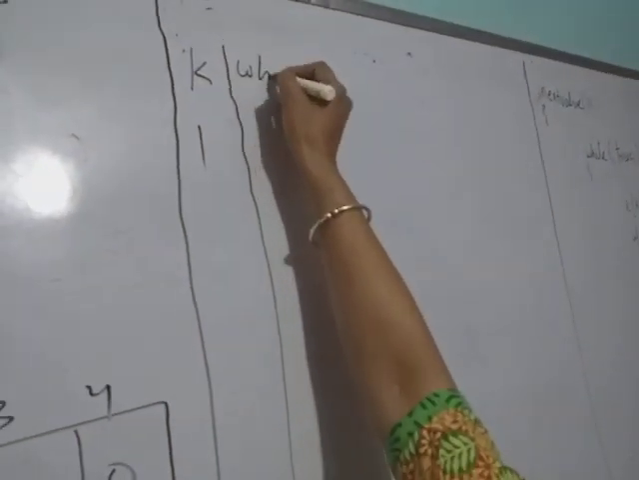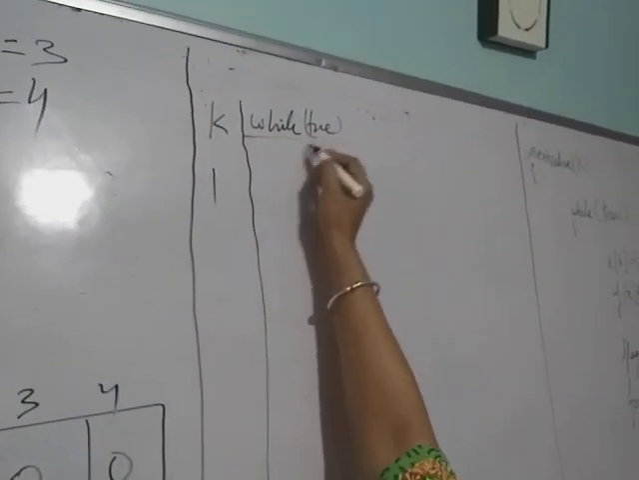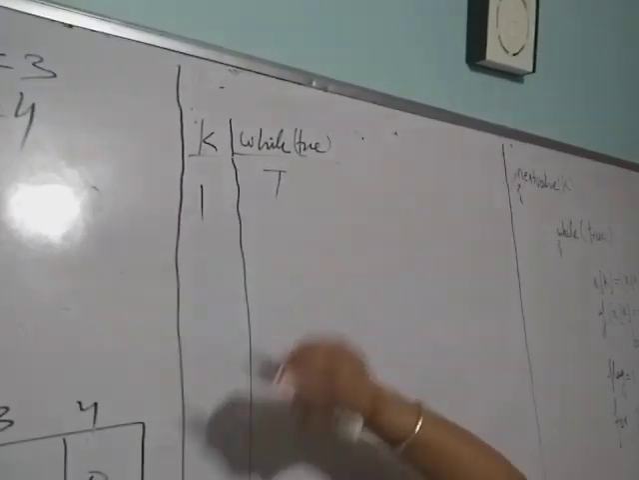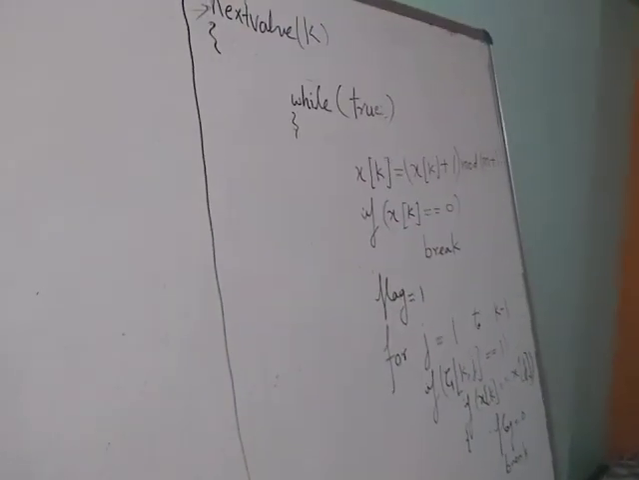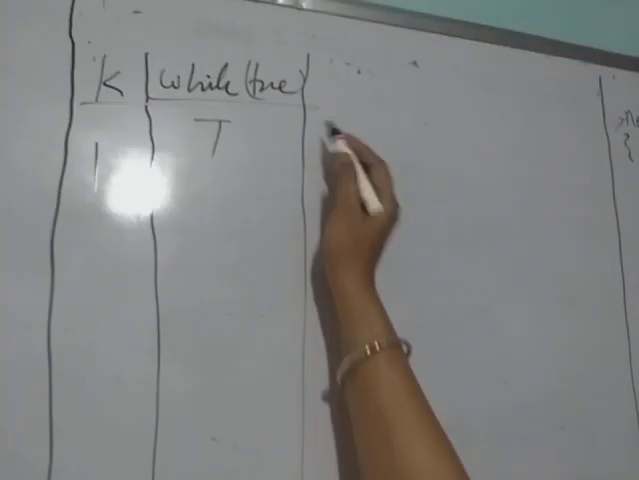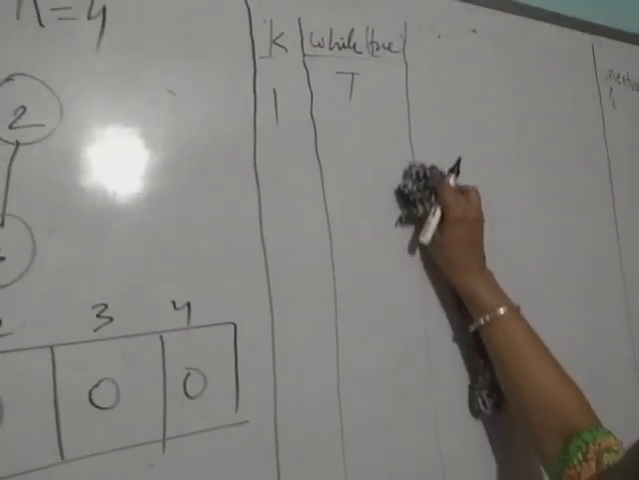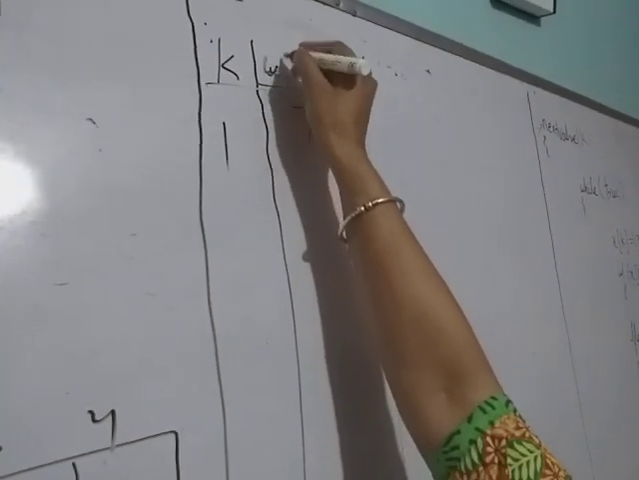While true. This is the infinite loop. So this condition is true. Now next it will compute this expression, the new value, the next value of xk. Okay, so next value of xk is what? While true is true. The next while true